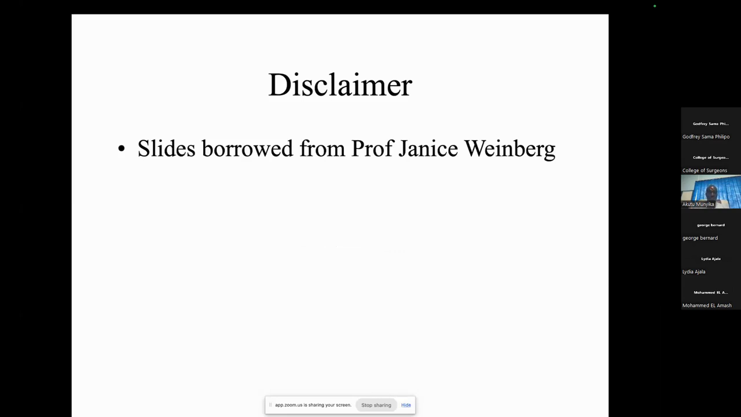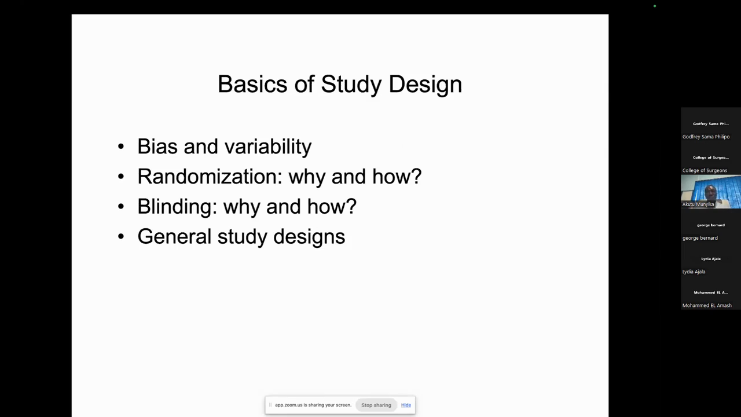The only disclaimer I have is I've borrowed some of these slides from Professor Janice, at the University of Boston, the School of Public Health, who are really the custodians and the experts when it comes to detailed aspects of clinical research and study designs. So there are a few concepts that we have to go through when we talk about study design, whether in surgery or other fields: aspects of bias and variability,